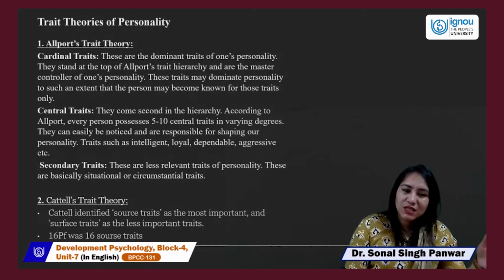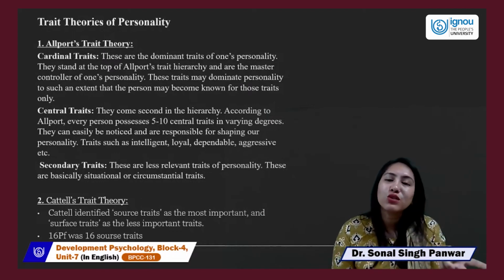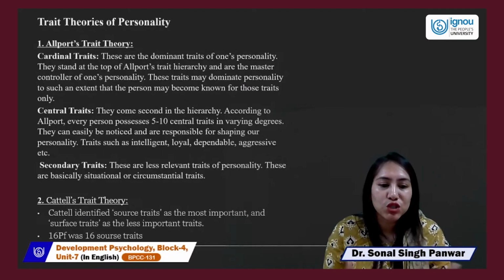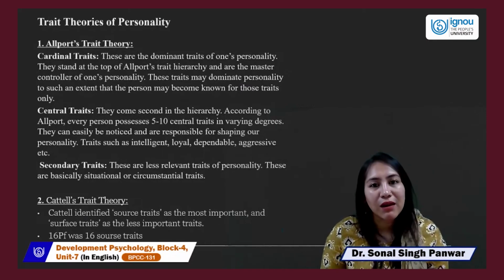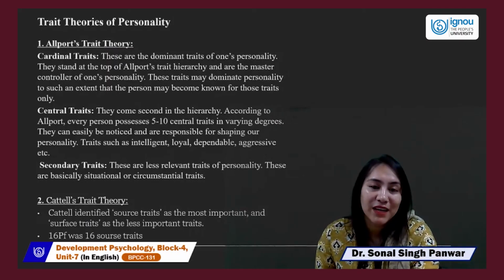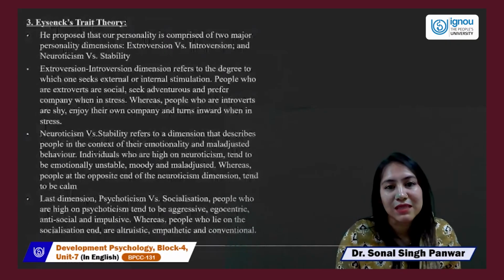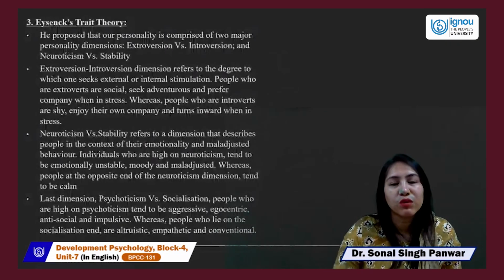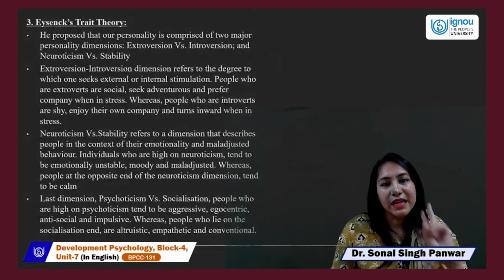It was a very simple theory, which stated that we have two kinds of traits called source and surface. Source traits are the most important ones. Surface traits are the less important ones, and source traits give us 16 personality factors. And this was the 16 personality factor questionnaire, given by Raymond Cattell, a very famous factor questionnaire that we had. Then we had Eysenck, whose testing is so widely used by all of us, gave us two major things,